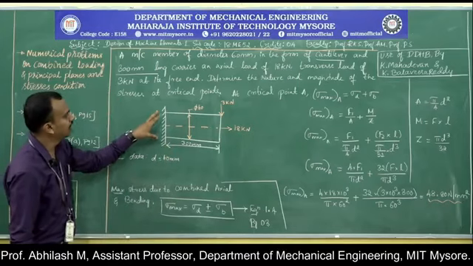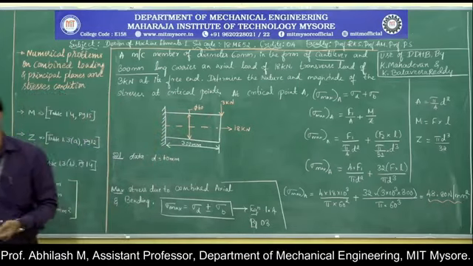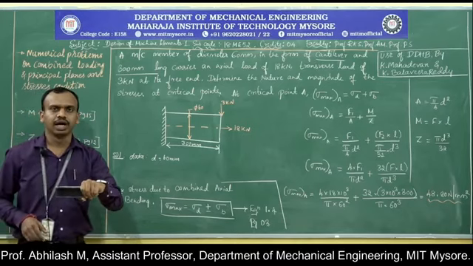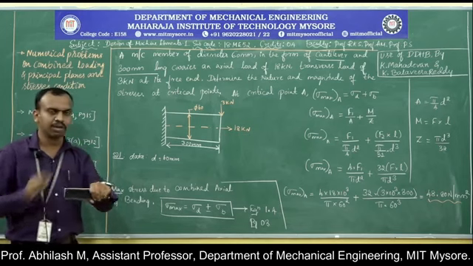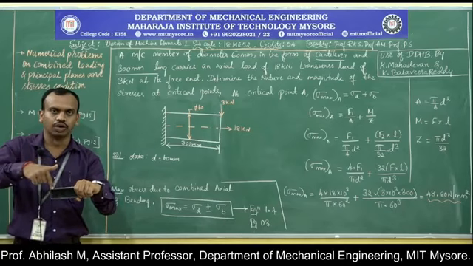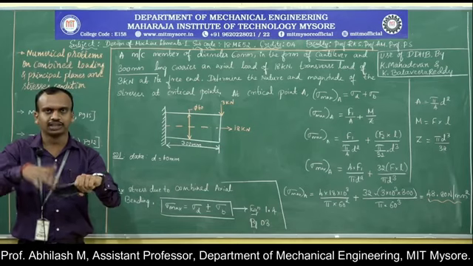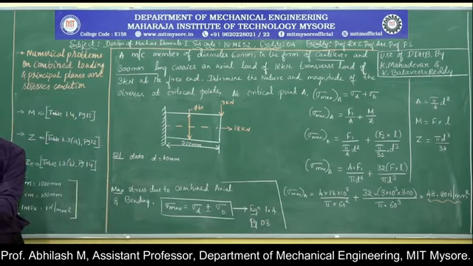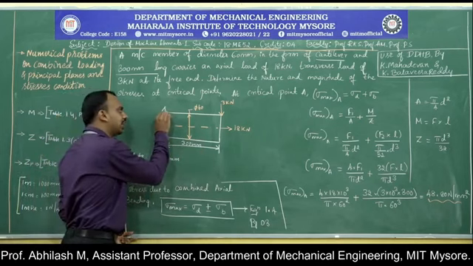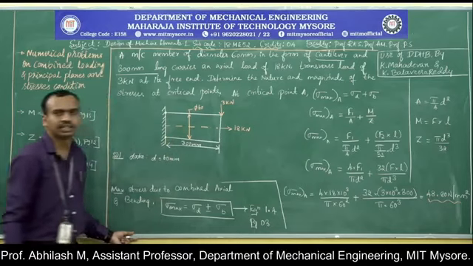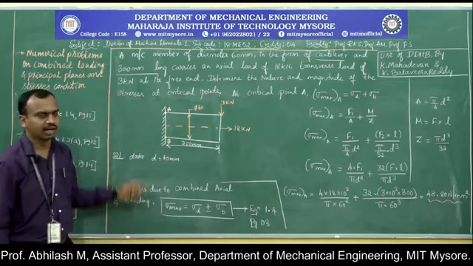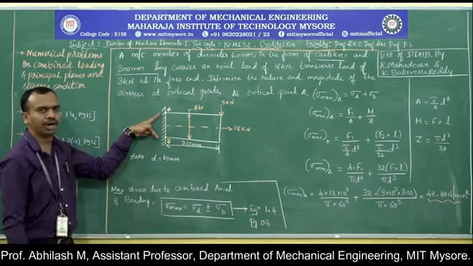So coming to the identification of the critical points for the cantilever beam, let us take a condition in which the beam is completely fixed. The cantilever beam is completely fixed and it is subjected to an axial load along the length and a transverse load. If you analyze this condition, we can clearly state that the critical points for the cantilever beam will be at the fixed end itself. So this is the point A and this is the point B. I have identified two critical points, point A and point B.